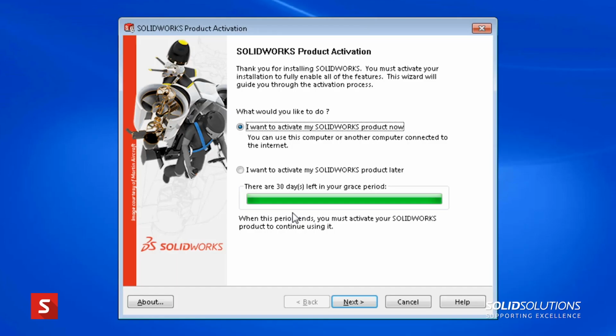So SWOOD licensing is very similar to SOLIDWORKS. The first thing to be aware of is you do need a license of SOLIDWORKS for every license of SWOOD that you have. SWOOD can be installed as a standalone application, so you can have it installed on one machine for one user, or you can have a network license of SWOOD, which means you can have multiple people using SWOOD but only with one concurrent user.